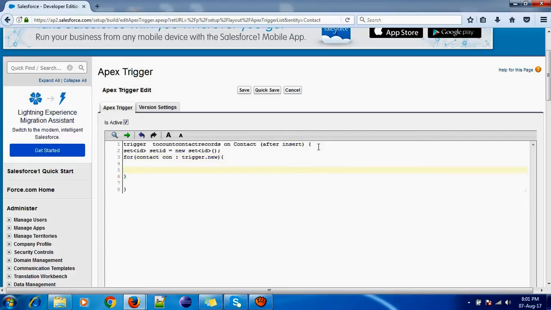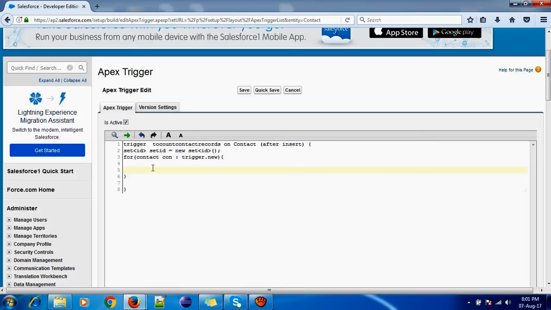Whenever this trigger runs, we should get the ID of the account object. Account and contact are related to each other. So whenever this trigger runs, it should store the ID of the account in the set.